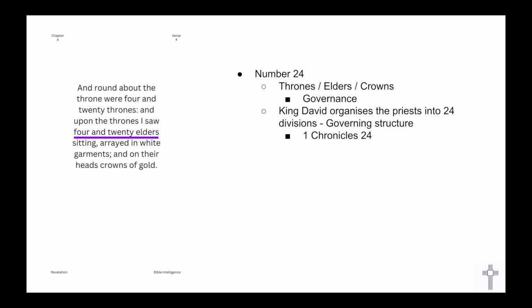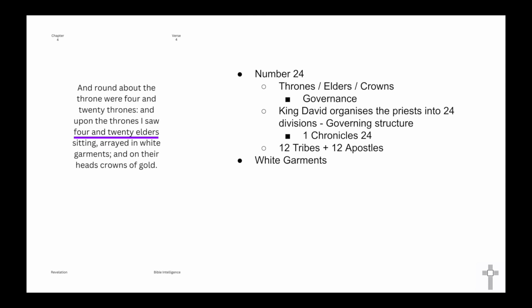But the other idea of looking at it is that maybe the number 12 is more symbolic of governance. And we're seeing the 12 tribes of Israel, which we've already referenced before with the jasper stones, and the 12 apostles. And we're going to see some other linkage to the apostles a little bit later on. So it's the 12 tribes, it's the 12 apostles. 12 plus 12, quick maths, is number 24.